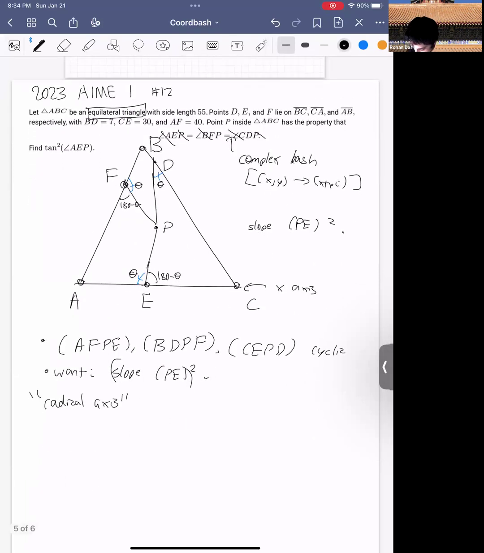And what that means is that if we say O1 is the center of AFPE and O2 is the center of CEPD,